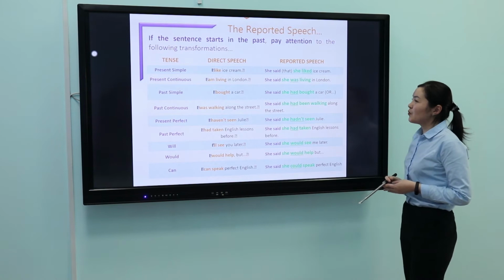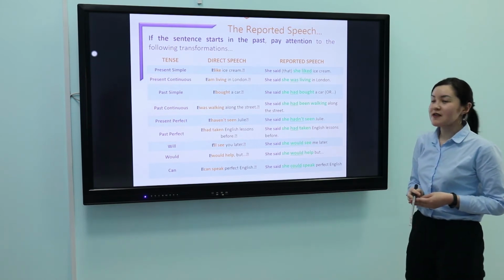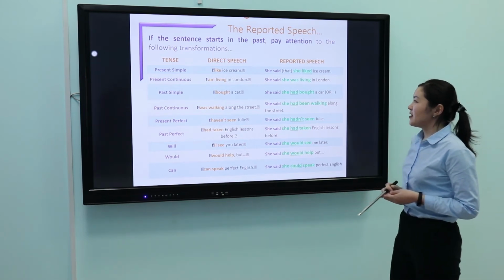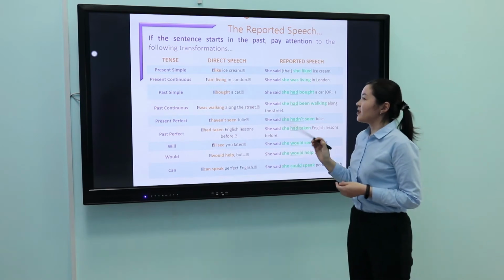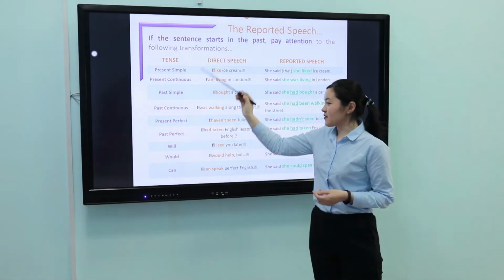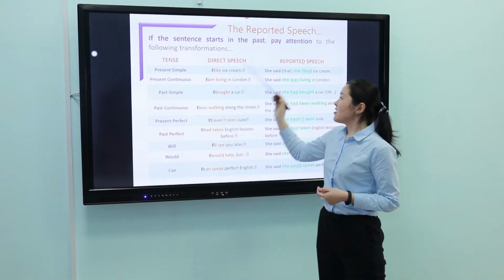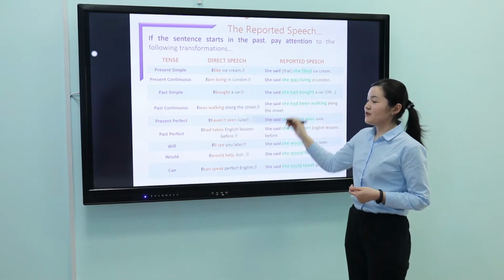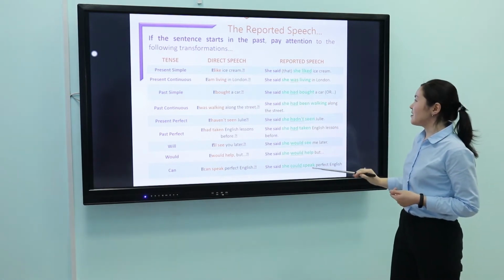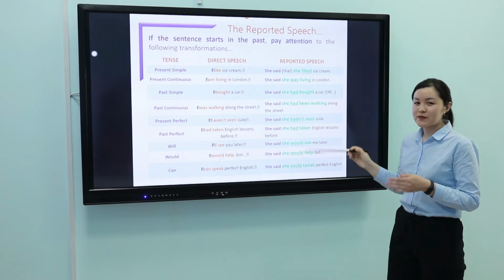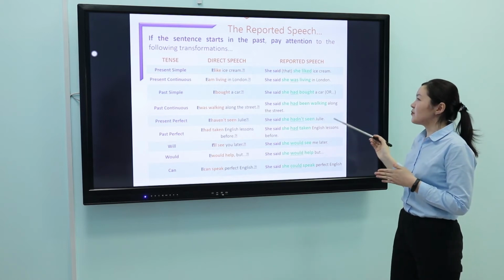Here now we will analyze the tense changes in the reported speech. We have three columns. The first column consists of the names of the tenses. Then we have examples in the direct speech, and in the next column we have the sentences transformed into the reported speech.